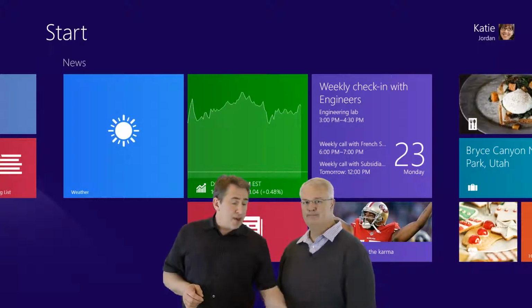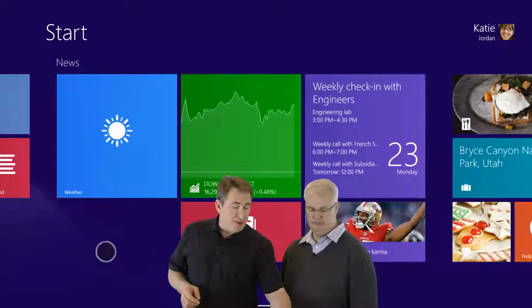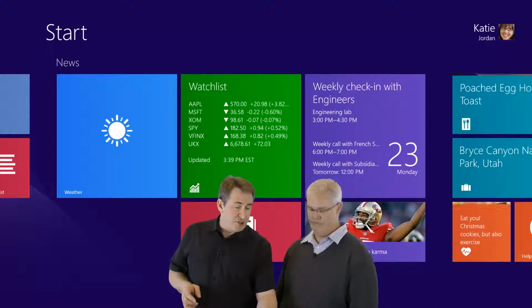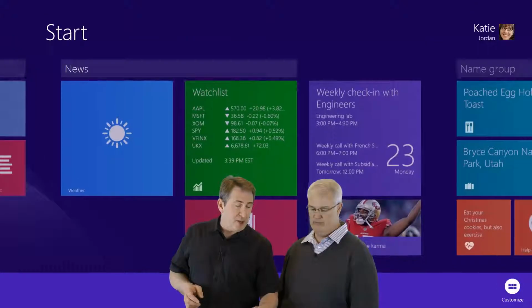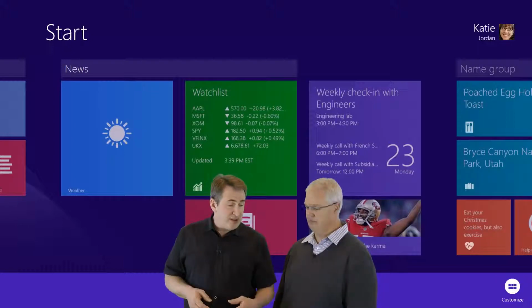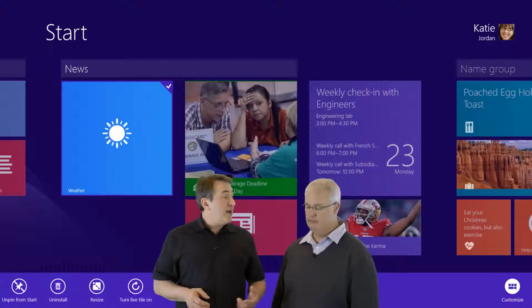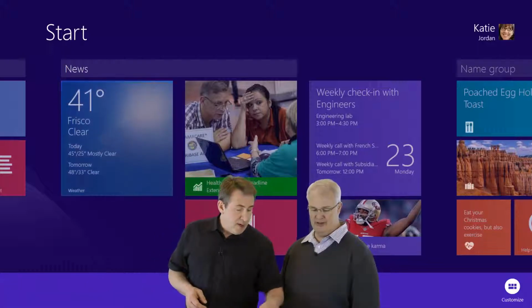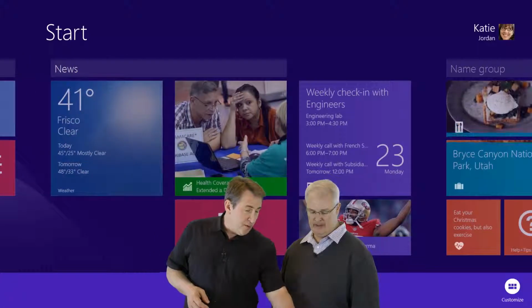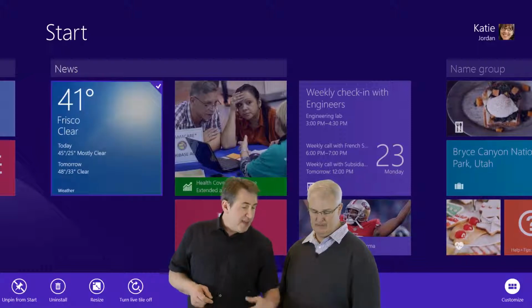And for the record, I probably did this when I should have showed you. You can actually right-click somewhere in the blue field, or if you do have a touch device, you can swipe up from the bottom here, and you get the Customize menu. Then you're able to do all sorts of things, like for instance, select this tile. Now I know you do enjoy following the weather, so I'll go ahead and turn that back on for you. Please turn that back on. I love that. The other thing I can do, though, if I can go back and select this, is change